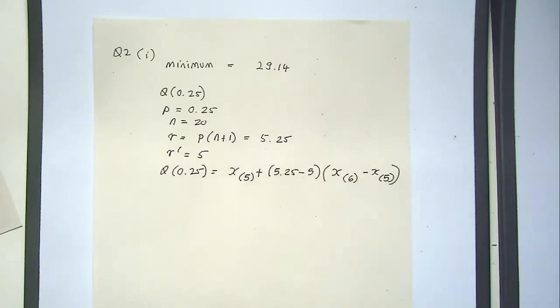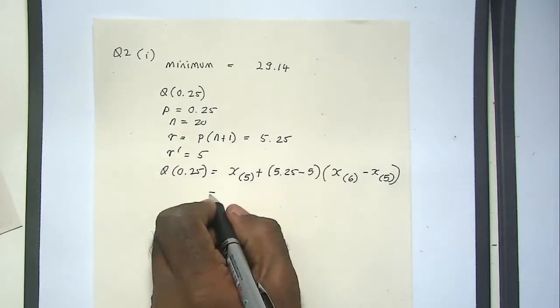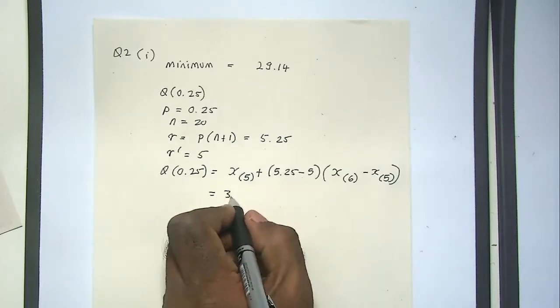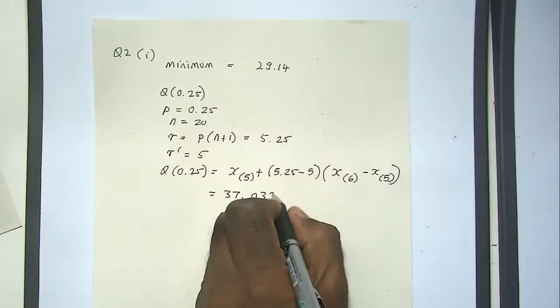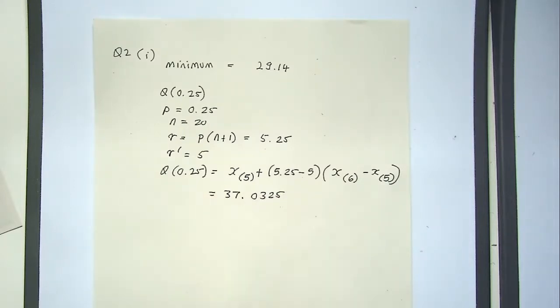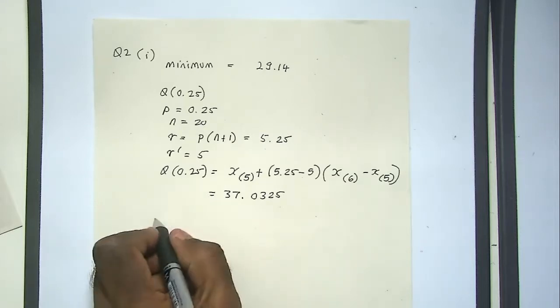this, using the formula. And if you work this out, you get 37. So that's the first quartile or quantile. The next one is the median, our